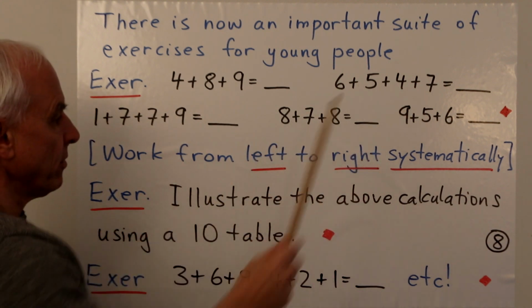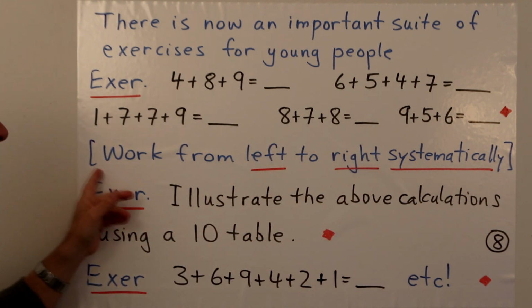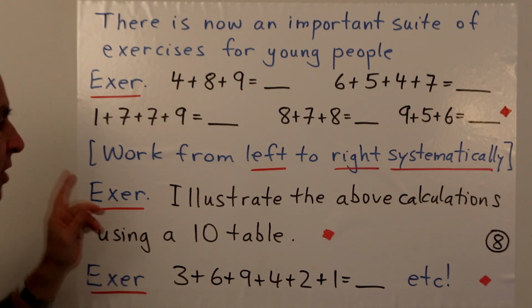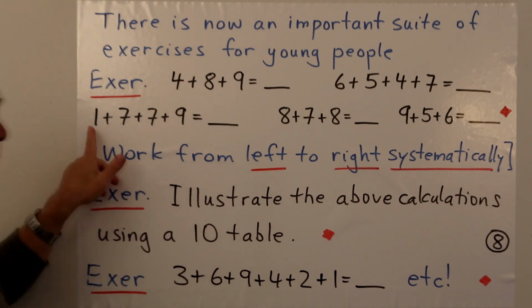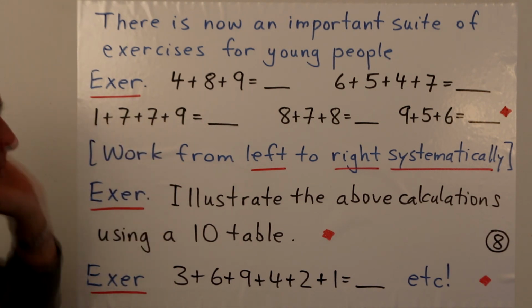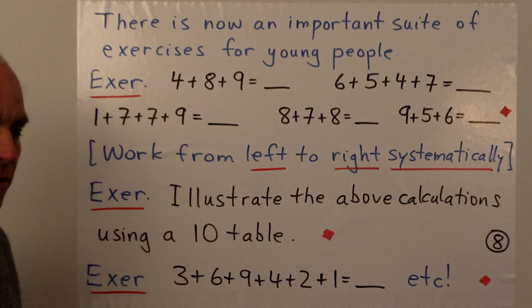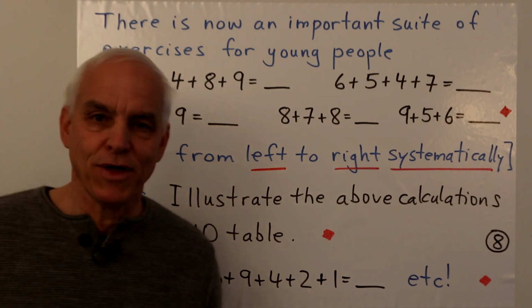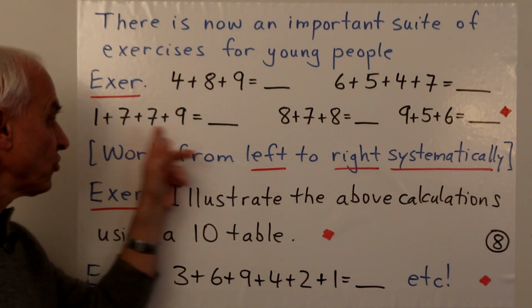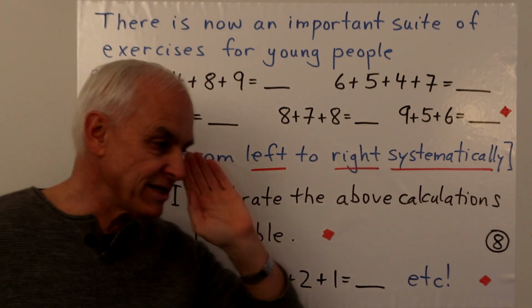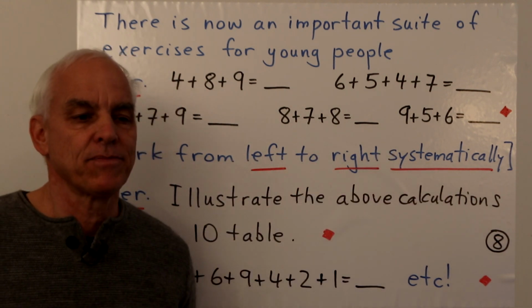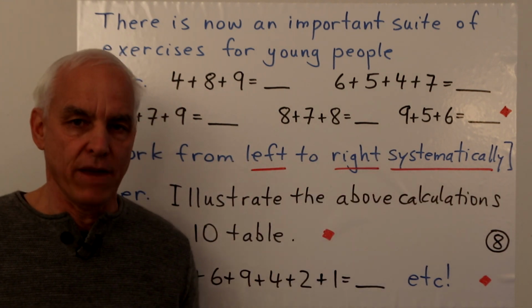And more such things. So I want you to teach your children to work from left to right systematically. Okay. For example, for this one, you might be tempted to say, well, why don't we rearrange things in our mind? Maybe we combine the 1 and the 9 first to make 10. That maybe would be simpler. No, I don't want you to do that. Okay? I want them to work from left to right systematically, completely indifferent to what the numbers are. We're going to work systematically and we're going to do it in the same fashion every time.